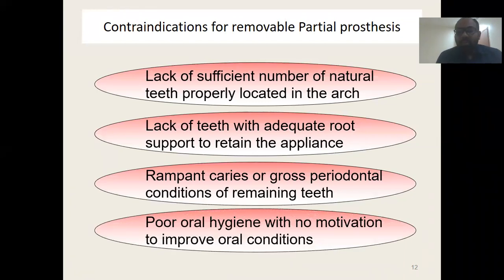Then, essential maintenance of oral hygiene is mandatory for any kind of prosthesis. This is a golden rule for any kind of prosthesis. If you see a fixed partial denture, or if you take into consideration implant supported prostheses or a removable prosthesis, in any prosthesis, the patient has to maintain very good oral hygiene. So if you feel that the patient is not going to be cooperative, then again it could be a contraindication for